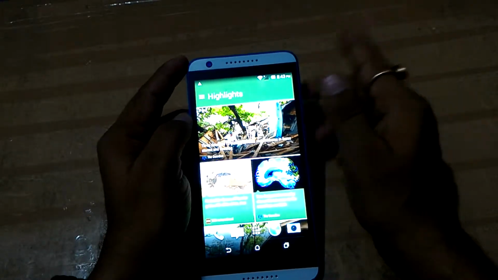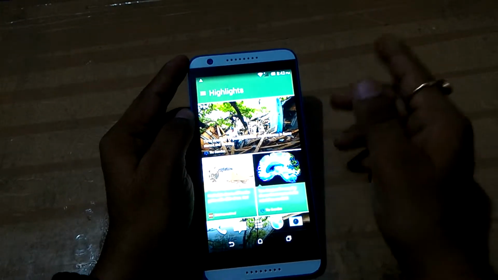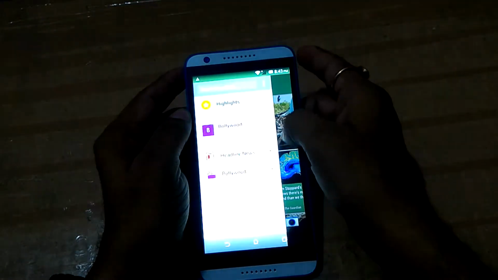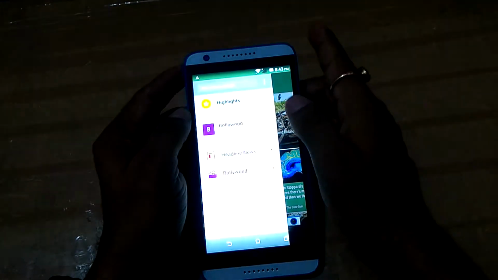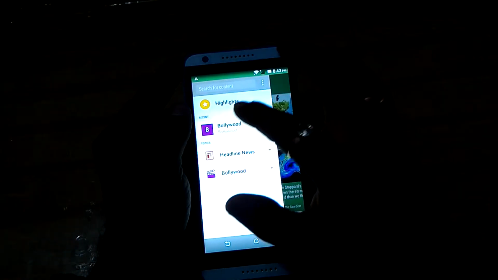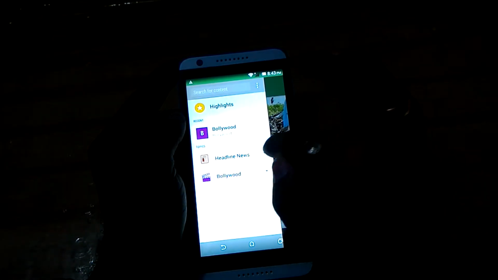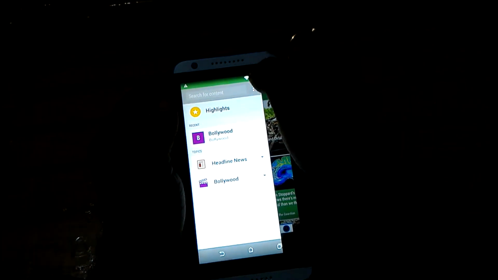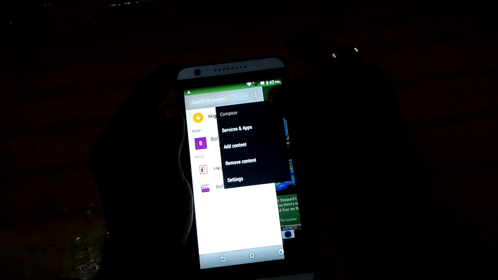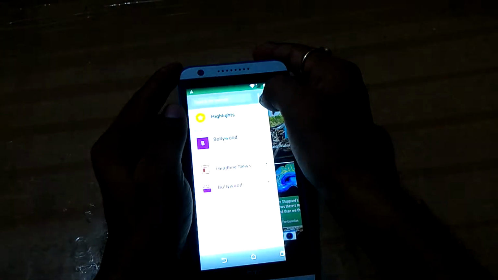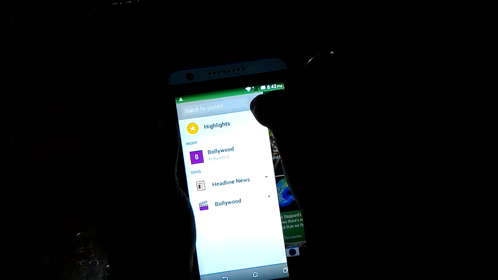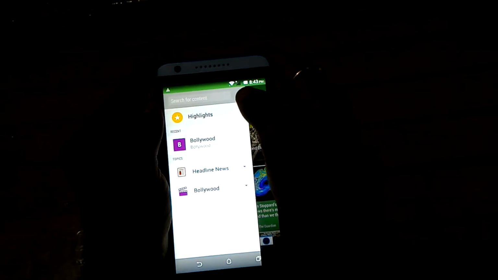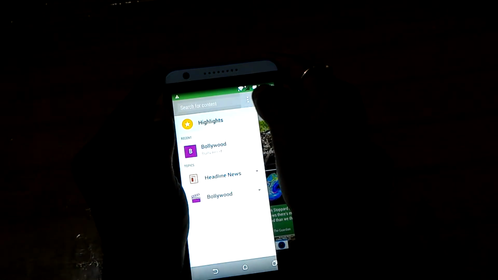So I'm going to tell you how you can sync content here. I have already synced Bollywood headline news and again Bollywood. To get content, you have to just tap on the three dots here.